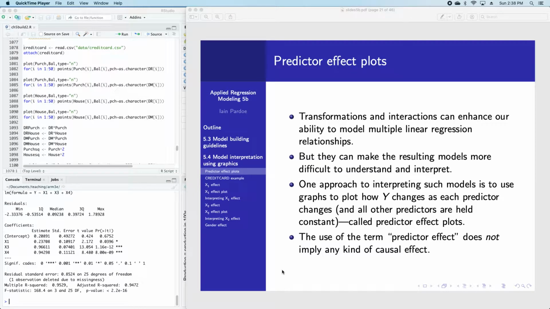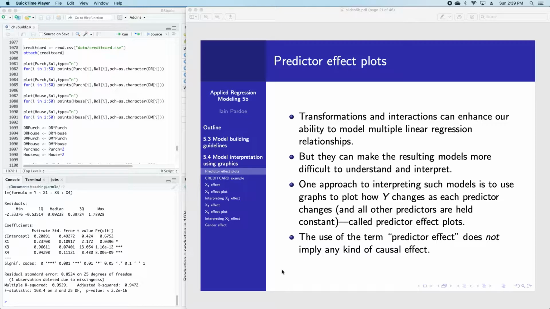In this video, I'm going to talk about predictor effect plots, which I find a helpful way of interpreting a multiple linear regression model using graphics. So transformations and interactions, although they can enhance our ability to model multiple linear regression relationships, they can also make the resulting models quite difficult to understand and interpret. And so these predictor effect plots that I'm going to talk about in this video are one approach to interpreting